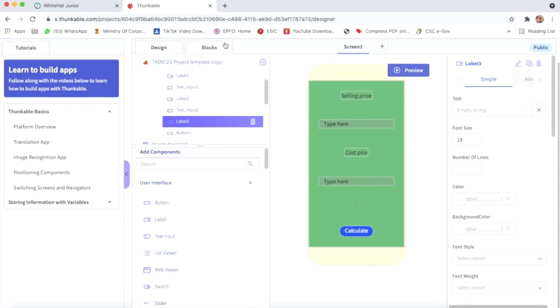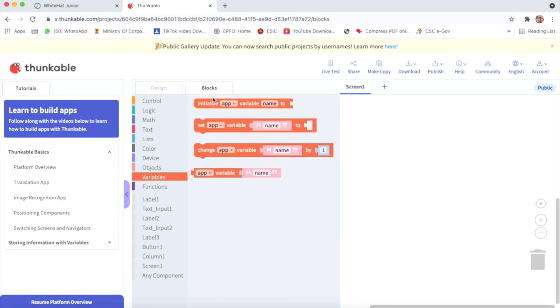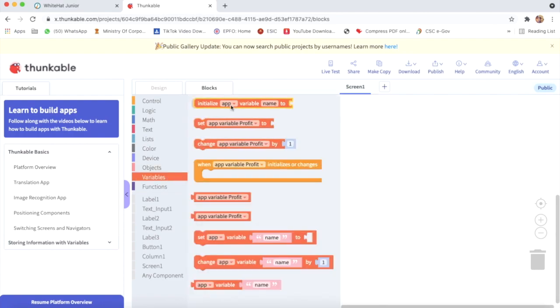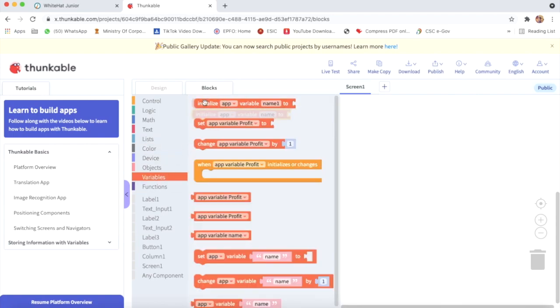We have to go on blocks. Yes, and now I will go on variable. Now I will take initialize app variable, this first one, and I will name it profit. So first I will take initialize variable 4 times. Now I will just take 3 times because we have to take 4 times.